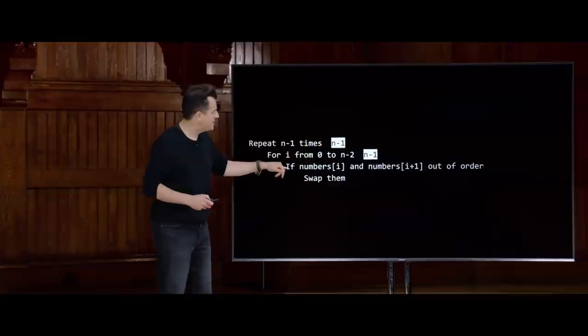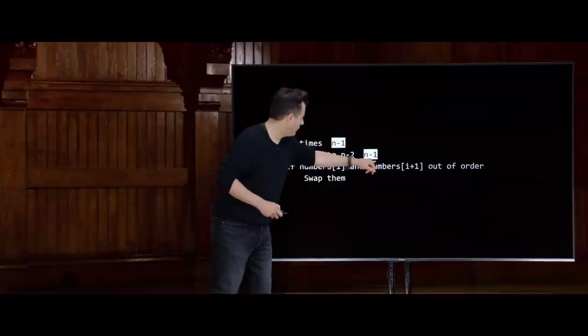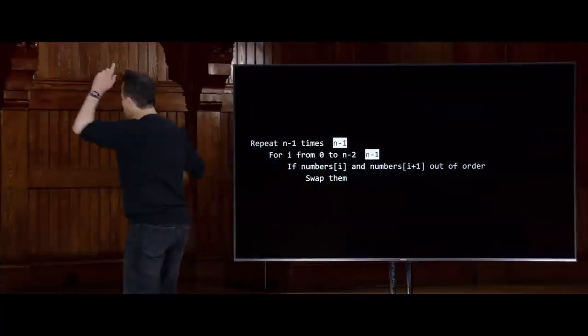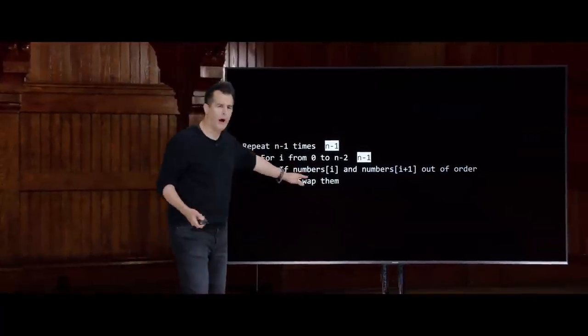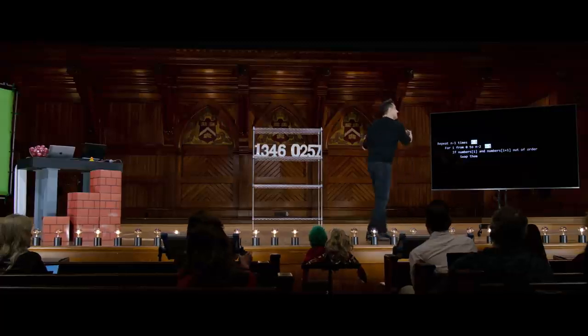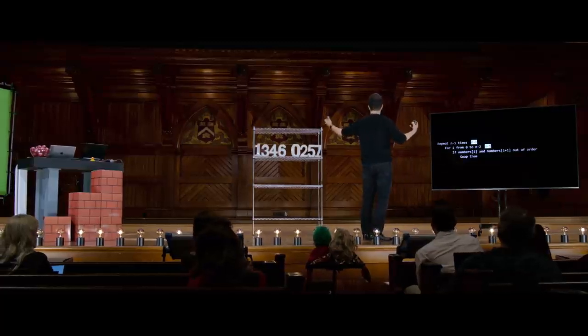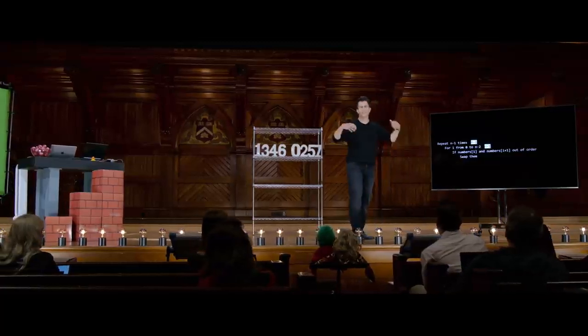And now how many steps does it take to check if 2 numbers are out of order? Well, that's just like comparing 2 numbers, left hand and right hand. So that's like 1 step. And sometimes I swap them. Swapping them means this person has to come out, this person has to come out, then they have to swap. So that's like another 3 steps.